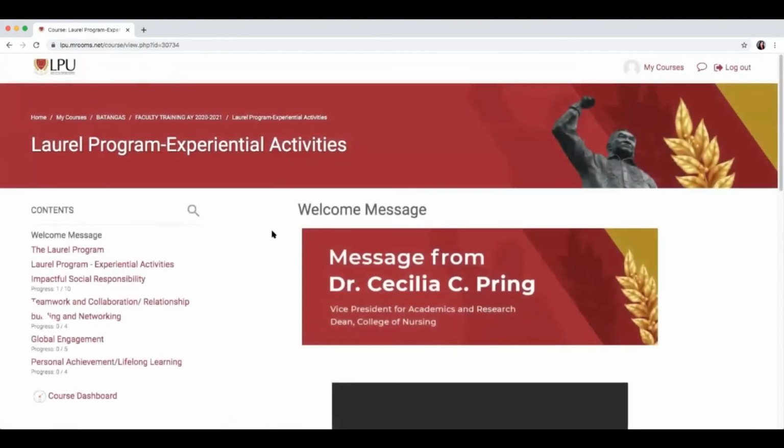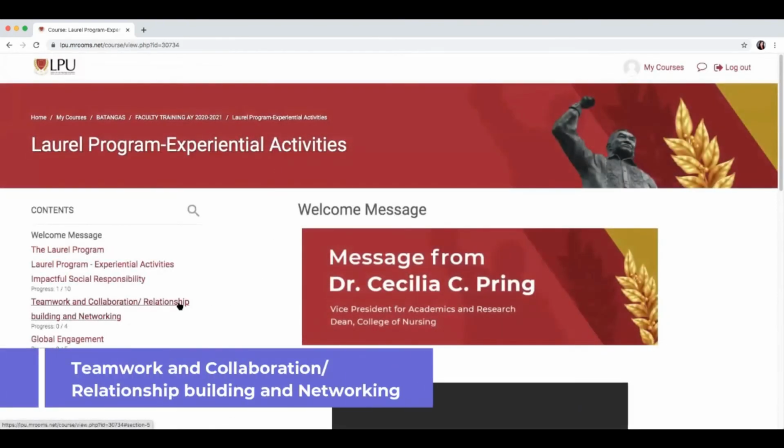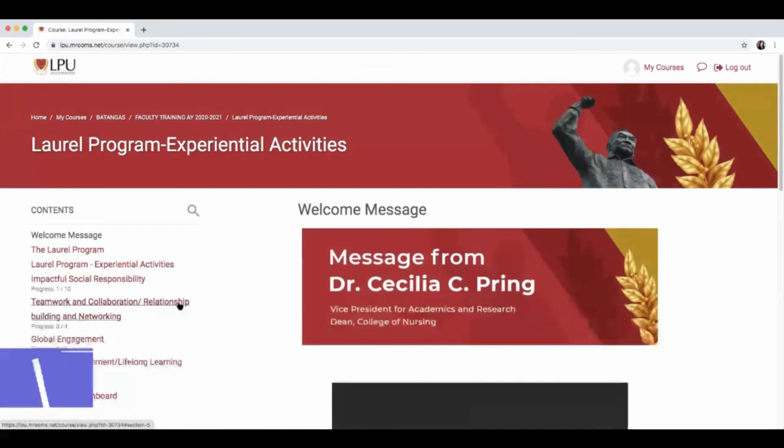Next section is the teamwork and collaboration, relationship building, and networking.